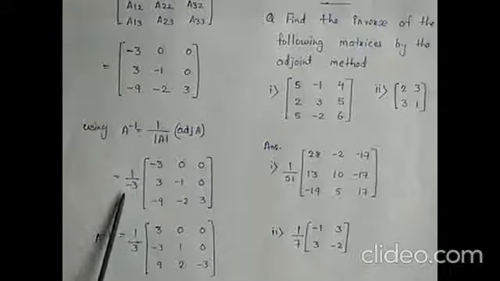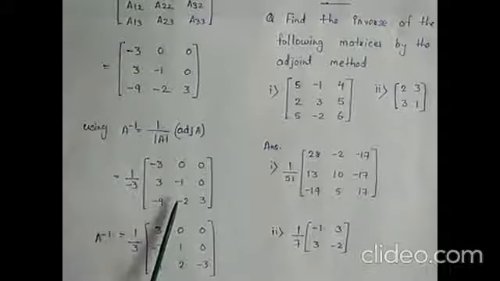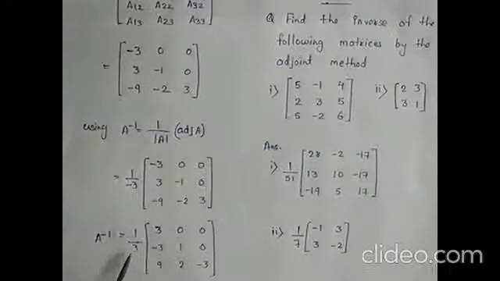You can multiply this minus 1 with each and every element of this matrix. I have multiplied. You can keep it till here also. Or you can multiply 1 by 3 with each and every element. If you multiply 1 by 3, this one will become 1, 0, 0. This one will become minus 1 and this one 1 by 3, 0. Here it is 3, 2 by 3 and it is minus 1. You can write that also.